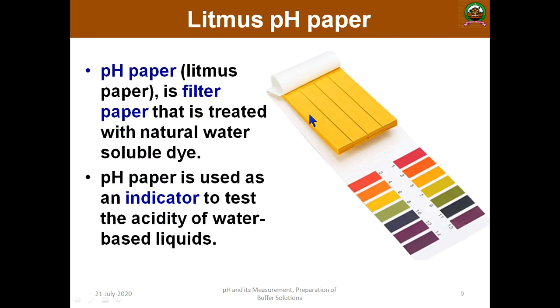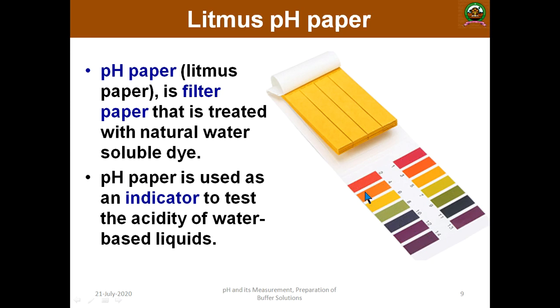So what you have to do is, in your laboratory, you will have the pH paper. For whichever solution you want to check the pH, cut a small piece of paper, and you should not handle it with your hand. Use forceps to handle it, and dip this filter paper into the solution whose pH you want to check. Immediately you can see the color turning, depending on the pH, and you correlate this color with what is available in the standard.